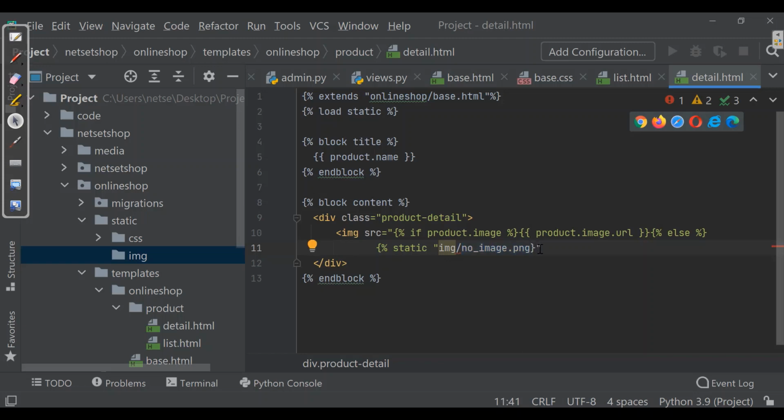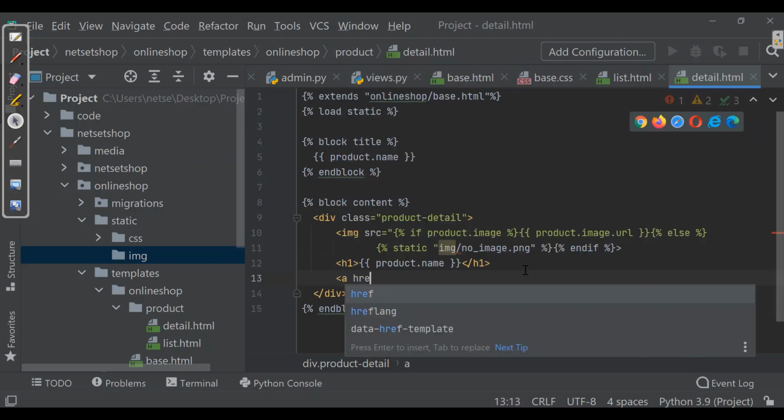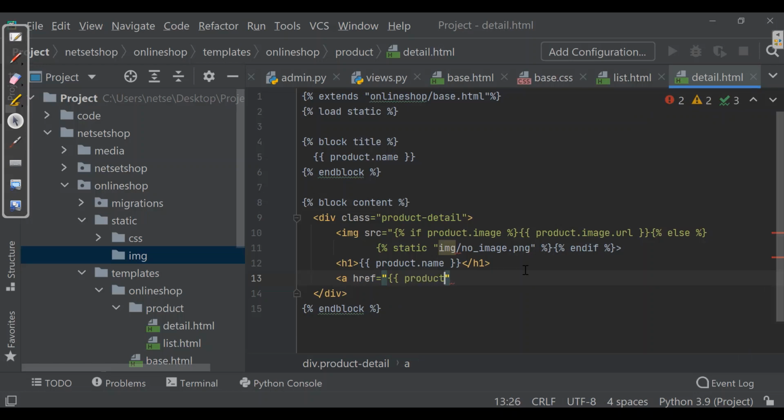So let's close this. And here I'll give endif, closing this tag. Then I want to give product.name. Let's keep it in an h1 tag. Then coming to the a href, product.category.get_absolute_url.